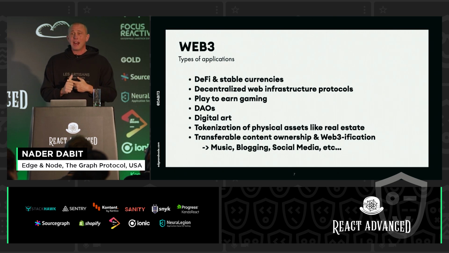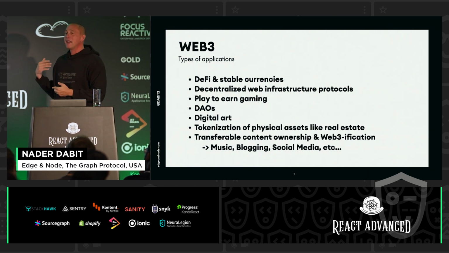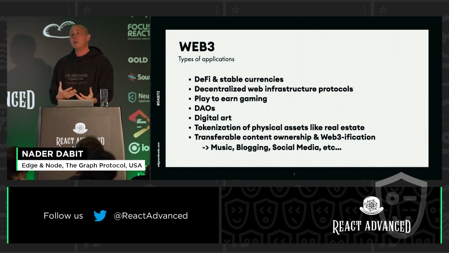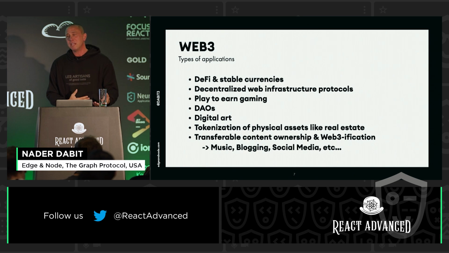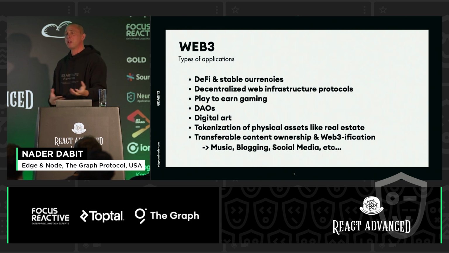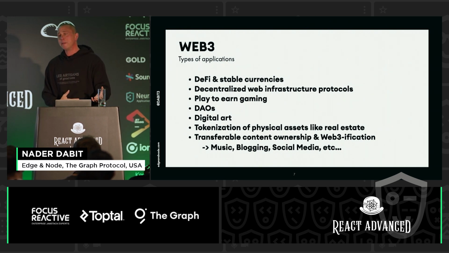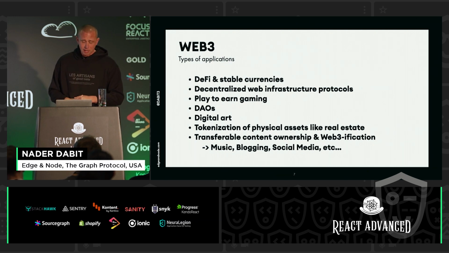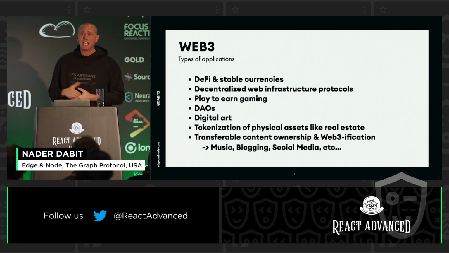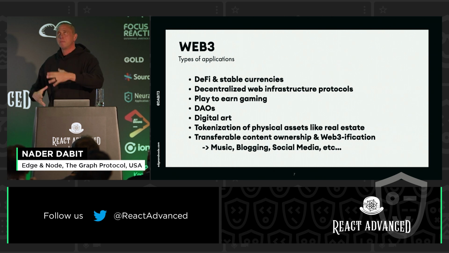applications. So Mirror.xyz is a blogging platform that allows users to do all types of financial stuff within their blog posts. So you've seen people doing fundraising. You've seen people do NFT launches within their blog posts. Recently, someone did a blog post where they wanted to create a movie. They raised over $3 million directly within their blog post. They also give tokens to the writers. So if you're writing stuff, you actually make money. That's pretty interesting. Music, there's an application called Audius that is a decentralized Spotify that